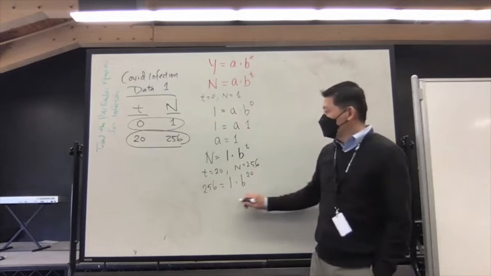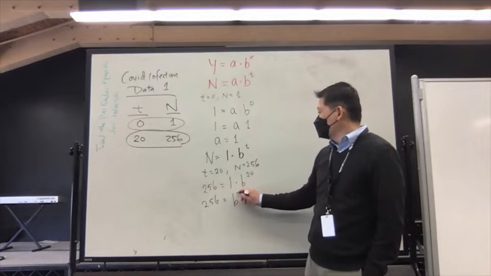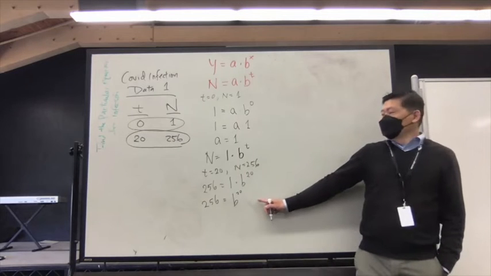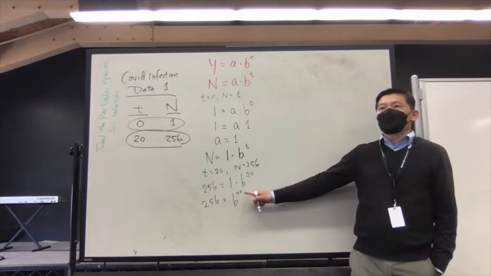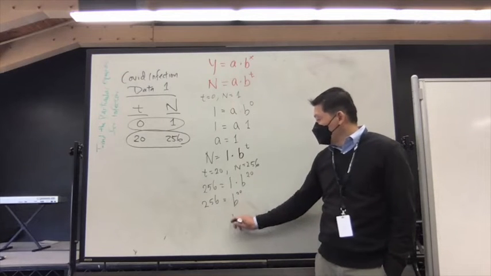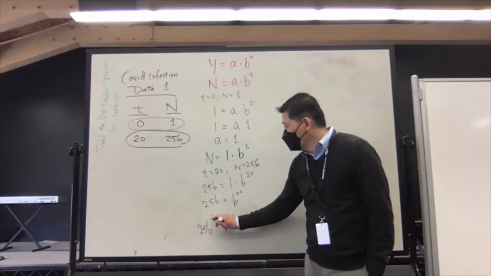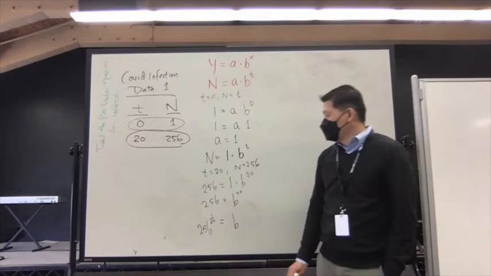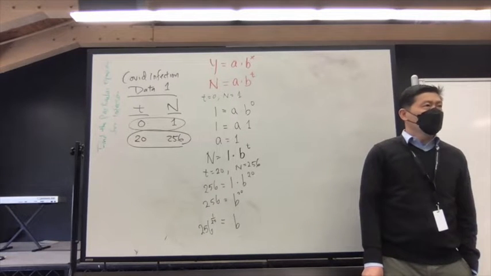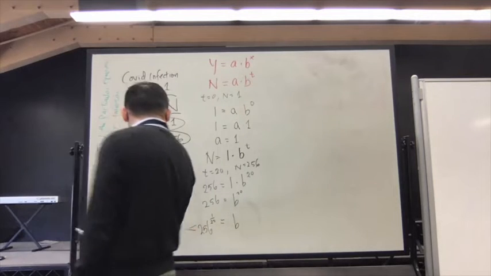So now I clean this up a little bit. 256 is equal to B to the 20 power. Now I need to solve for B. If B to the 20th power is 256, then that means B is 256 to the 1/20th power. Right? So if I use the calculator,